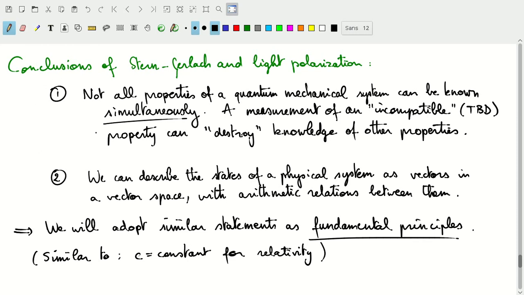Note that there's a difference here with classical mechanics, in particular due to this first principle, or this first conclusion, which is that there are limits on how well we can know the state of a system. In classical physics and in classical mechanics, if we have the full state or initial state of a system, we can, through the least action principle and through equations of motion, determine all properties at any future time. There is no limit on how much we can know. A particular measurement does not destroy the knowledge of other properties. So that's a fundamental difference that we will encounter, and that this entire quantum mechanical treatment is of course based on. So what we will do in the next video is actually start looking at the mathematics that underlies all